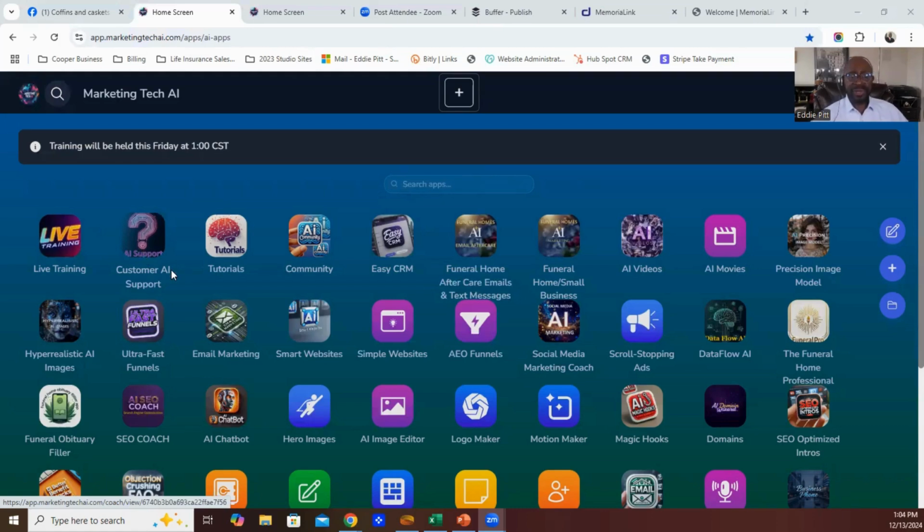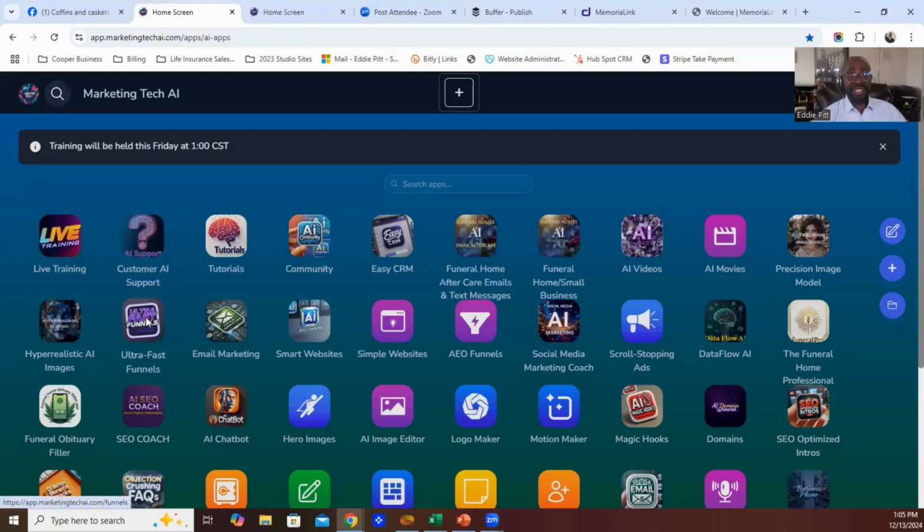But let's take a look first at the fast funnels, because building funnels is significant for business. And I'll share with you, it's rather costly. That's why smaller businesses or startups were never able to really compete with their competitors, simply because of the cost involved and the complicated process that it consists of when we look at actually setting up a funnel and working with the details regarding that funnel.